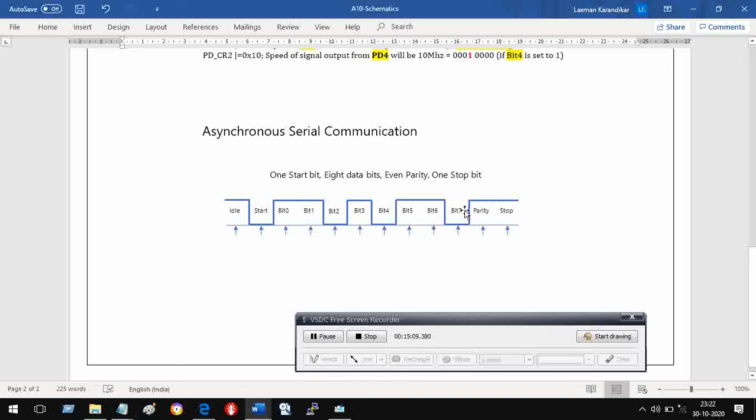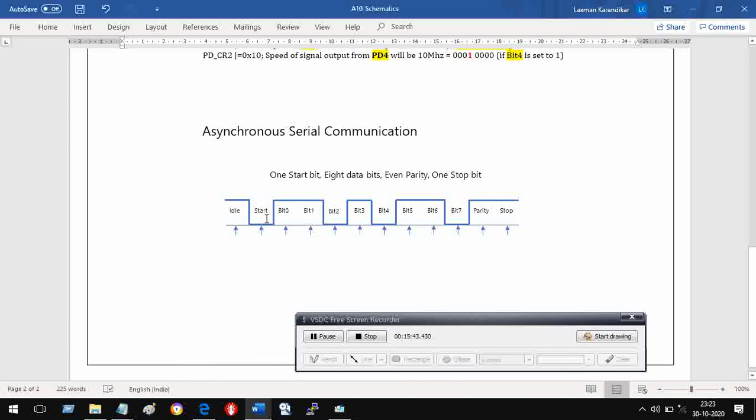After sending this seventh bit, that is the most significant bit, it has to send a bit called the parity bit. You have to define whether you are going to send even parity or odd parity. After defining that, you send the parity bit, and you don't do anything about its value. Our processor is able to decide what value this parity bit should have. In this case, you can see you have configured it in this way.